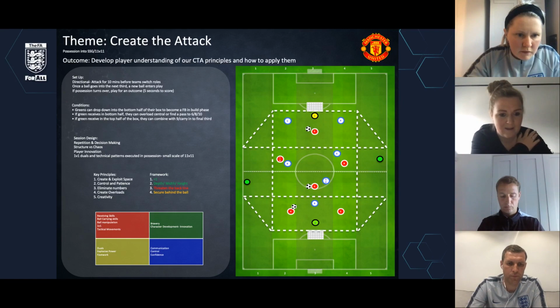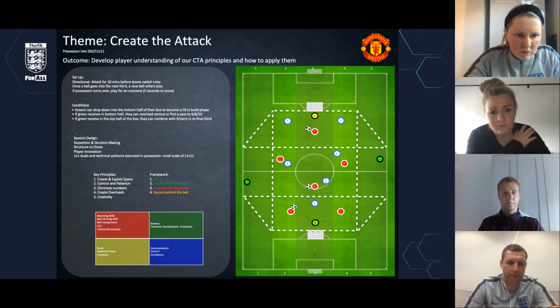Can you win it back? Or actually, have you got another ball coming in? So it looks messy, but it's live pictures and it's players having to make imminent decisions, playing exactly what they see in that moment. So what I've said is in terms of the greens in this practice, so the goalkeeper